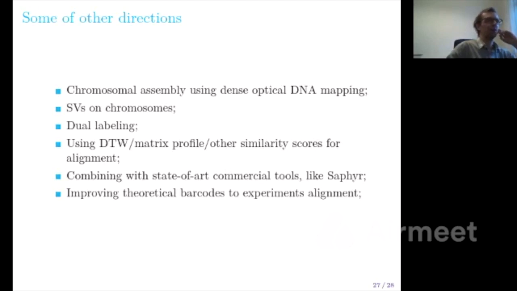And then we might want to combine the tools that we already have with some other commercial tools, like Sapphire, which is a new tool for optical DNA mapping, rather new tool. And then also we want to always improve, for example, the theoretical barcodes that we generate. And I guess there's many more directions that one could go in, and maybe I'm more concentrated on algorithmic development,